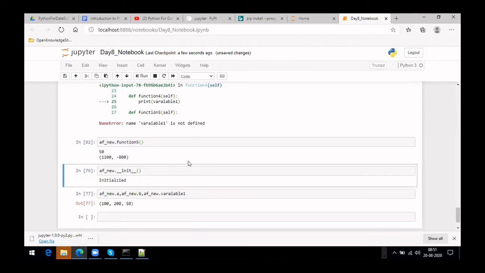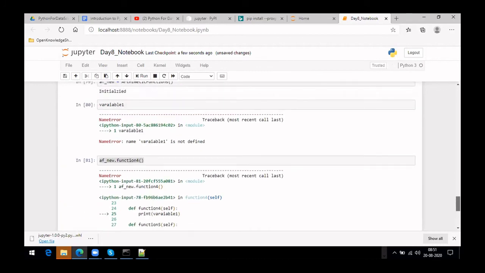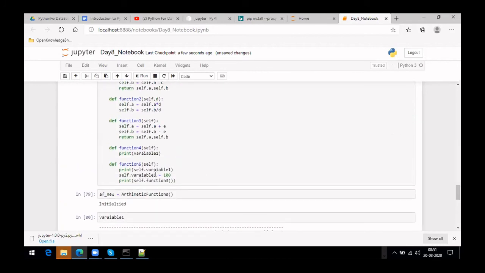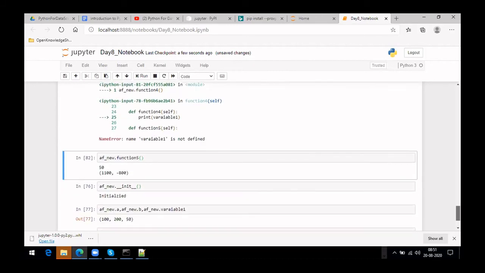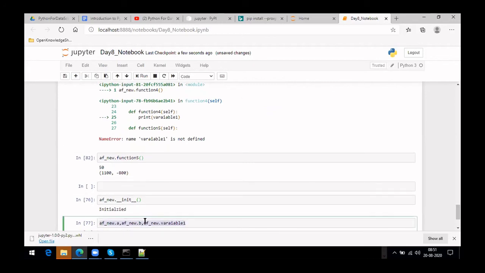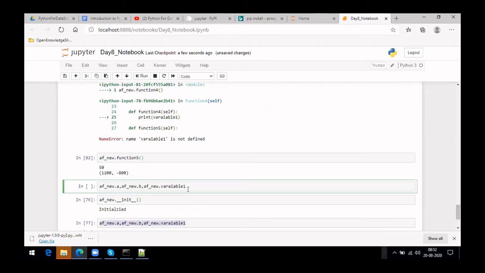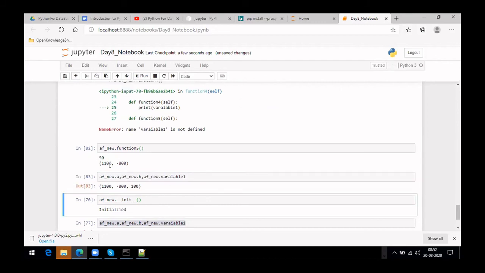At this level, function 5 has printed 50 because we are printing it first and then changing it to 100. So let's see if it is changed to 100. Let me add one more and check if it prints. If you see, this is the A value, the B value, and this is variable one. Variable one we have changed to 100, so it is showing here as 100.